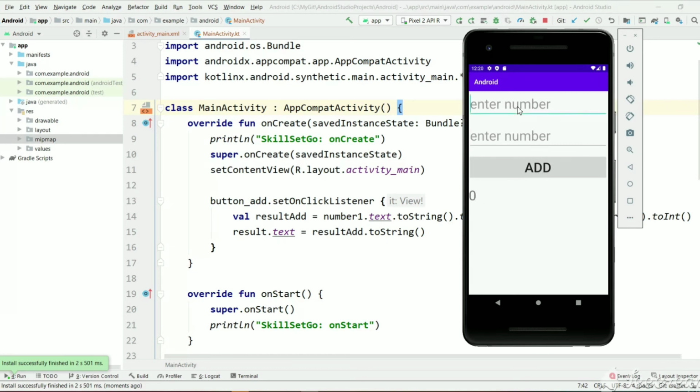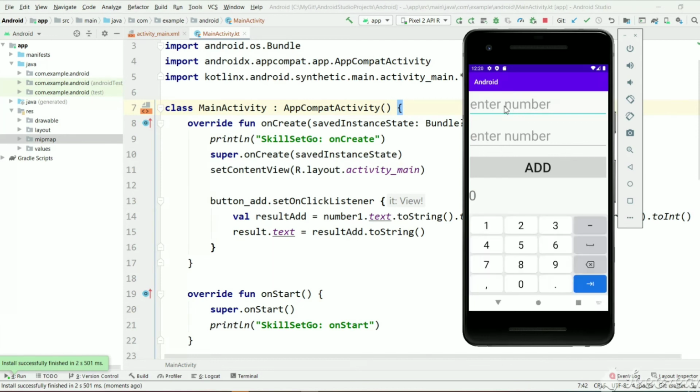Let's enter the first number. Just click on it. We will be seeing a keyboard. Let's enter 2. Let's click on one more text and enter 23, and let's click on the Add button. As soon as we click on the Add button, we will see the result here. So here you can see we have a result, 45.